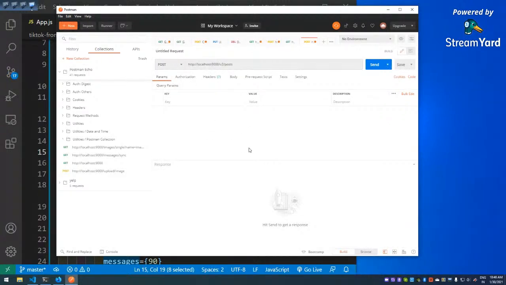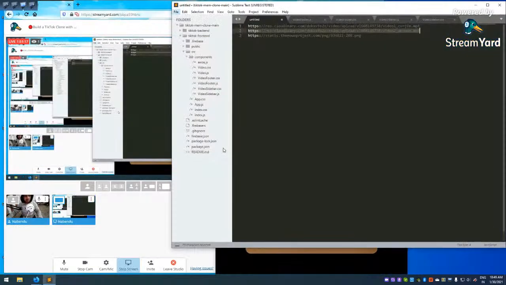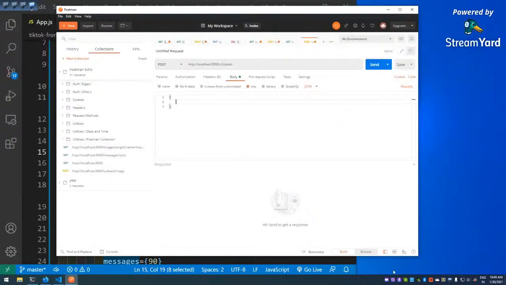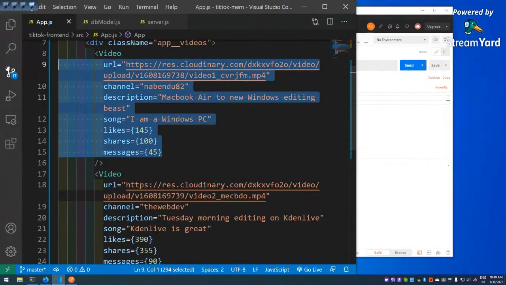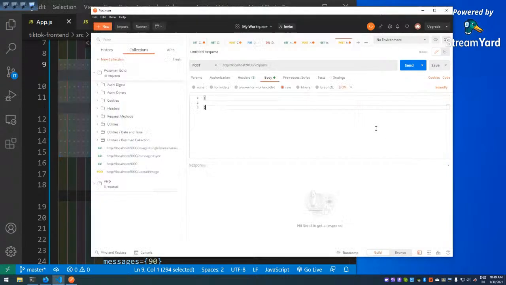Okay, then I'll come to body, this is very important. Then I will come to raw, this is again very important. Then I'll click here and make it JSON, because we are going to pass the JSON data, the data in which all the internet runs. So like this. Now what I'm going to do, I'm going to come back here itself, and I will do one thing. I will take this whole